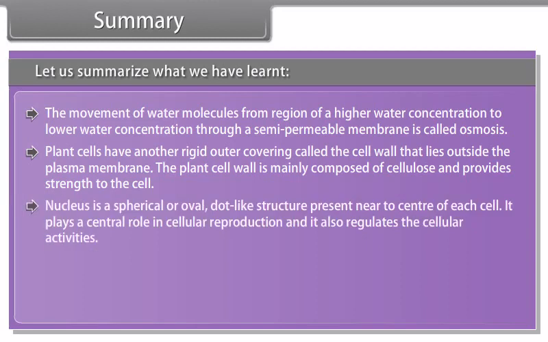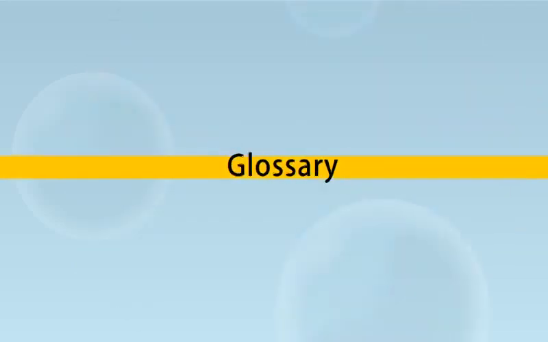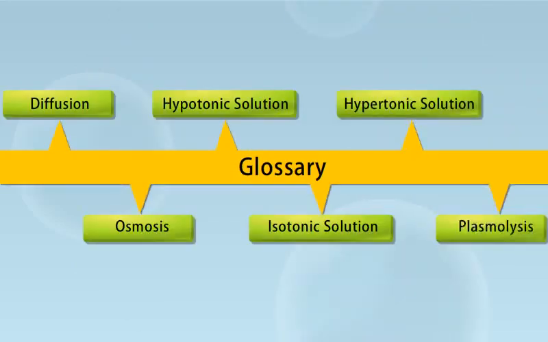Plasma membrane is the outermost covering of the cell that separates the contents of the cell from its external environment. Plasma membrane also works as a selectively permeable membrane by permitting the entry and exit of some materials in and out of the cell while preventing some other materials. The movement of water molecules from a region of higher water concentration to lower water concentration through a semi-permeable membrane